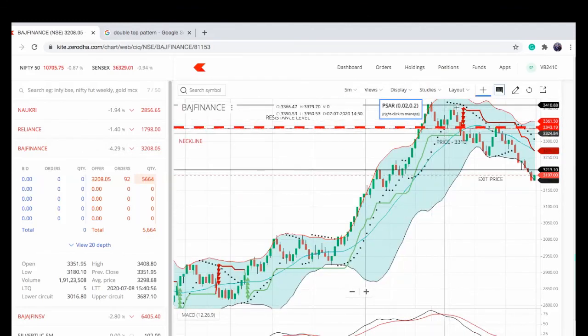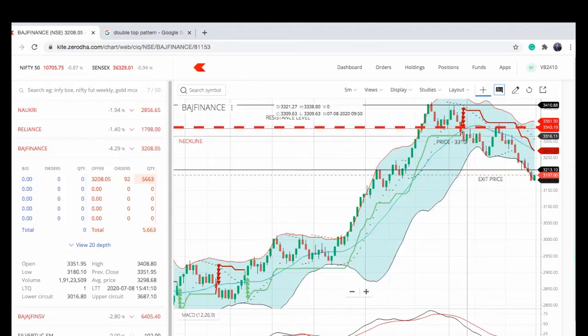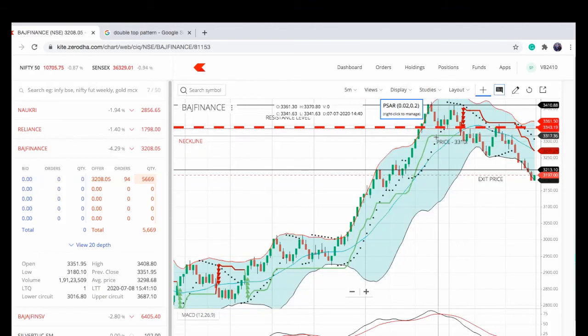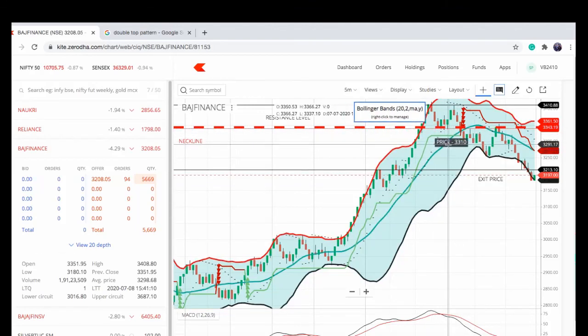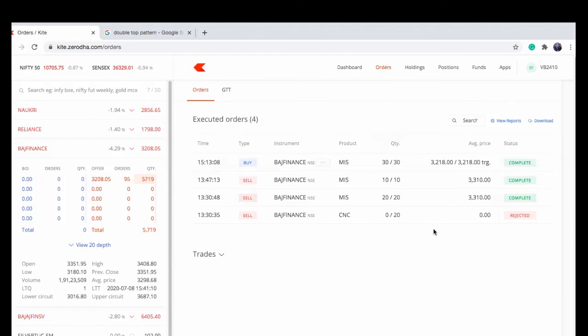So double top pattern, neckline, ideally 3344 should have been the ideal entry for our trade, but once we got the proper confirmation of the profitable trade, we initiated the entry at 3310. We had an exit price at around 3218. This is the order book